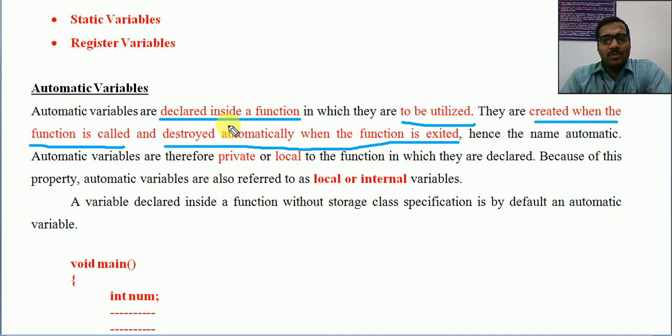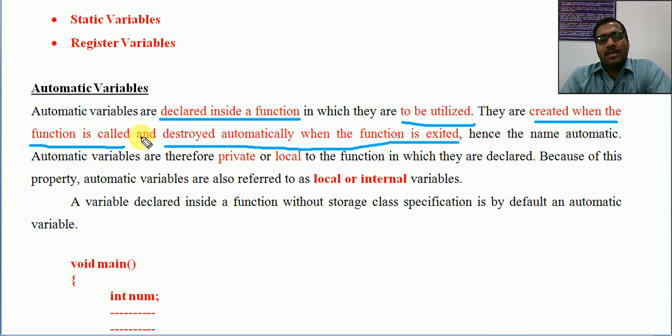Automatic variables are those variables which are declared inside a function, like int i, j, sum, etc., and they are to be utilized inside that particular function.